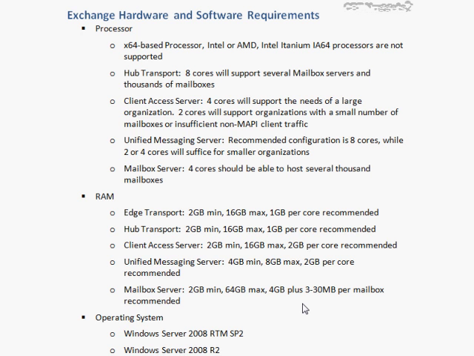Now, in terms of software requirements, you can see down here at the bottom the operating system requirements. There really are 2 different versions of the Windows Server operating system that are supported by Exchange 2010. One is Windows Server 2008 RTM, and that's only Service Pack 2 or greater, or Windows Server 2008 R2. Now, in this series of videos, I'm going to be using Windows Server 2008 R2 as the operating system. And so if you're using one of the earlier versions, you're going to have just a little bit of difference in how you go through some of the things. Really, those differences are going to be mostly in the installation process,